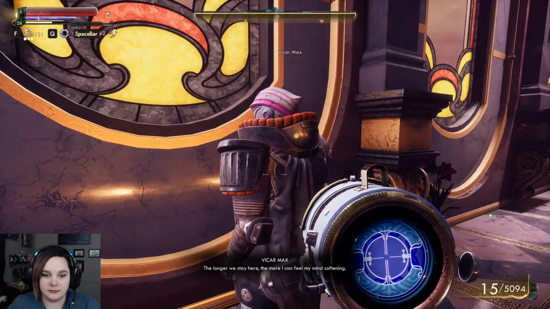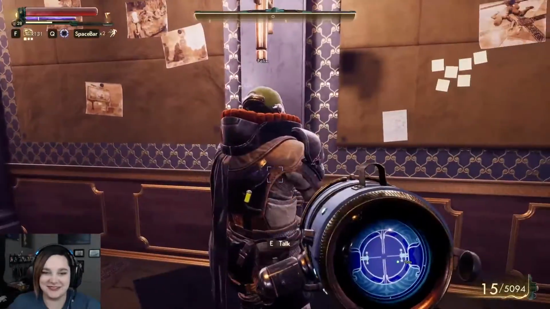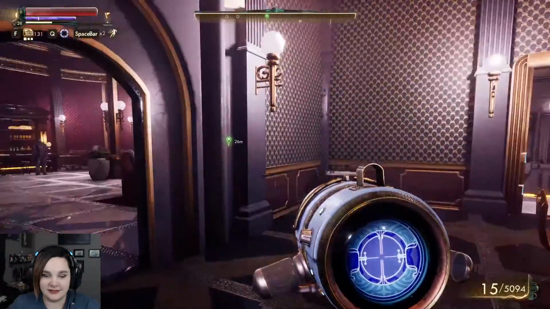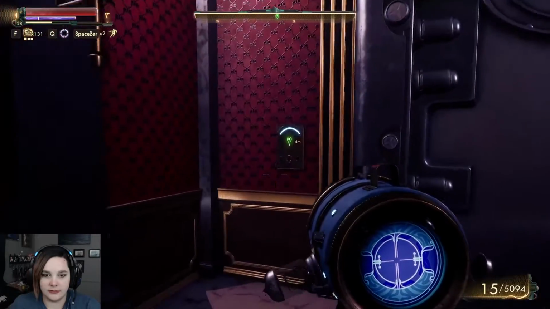The longer we stay here, the more I can feel my mind softening. Come on, we're solving a murder mystery. This room ain't so bad. I could get used to this. I guess. Alright, let's head downstairs, I guess. I forgot we have to...